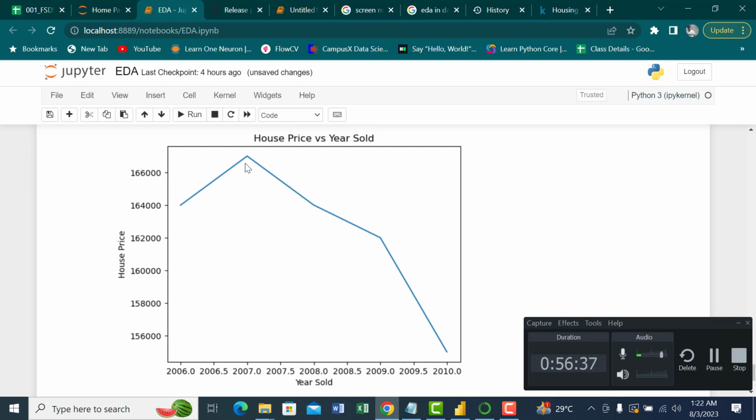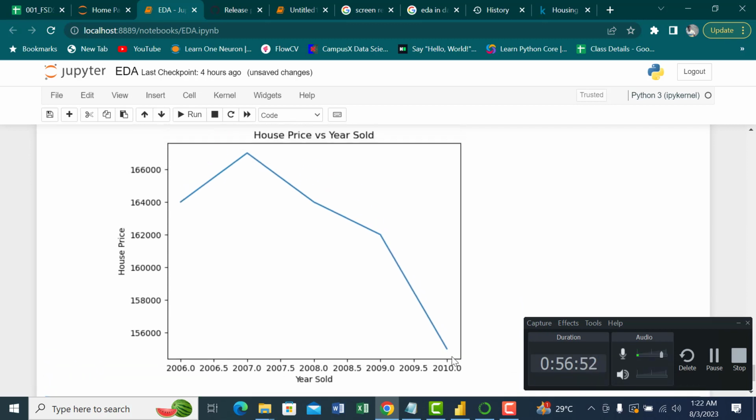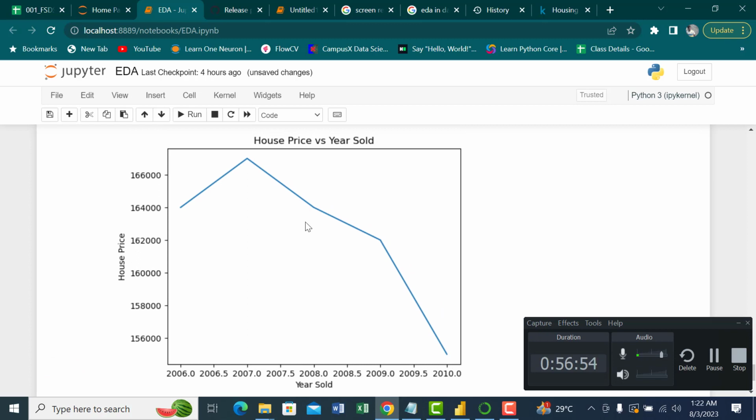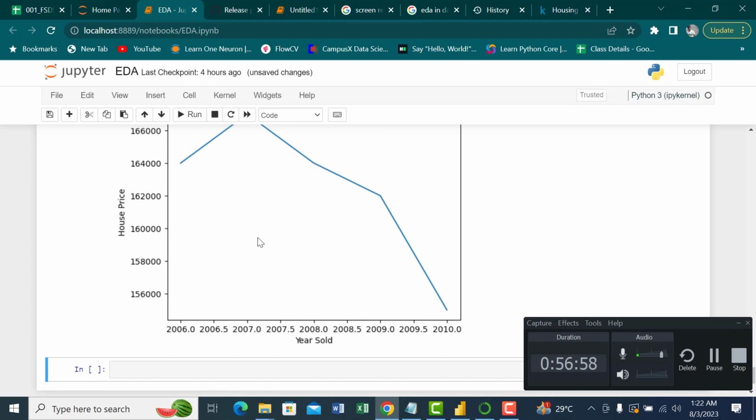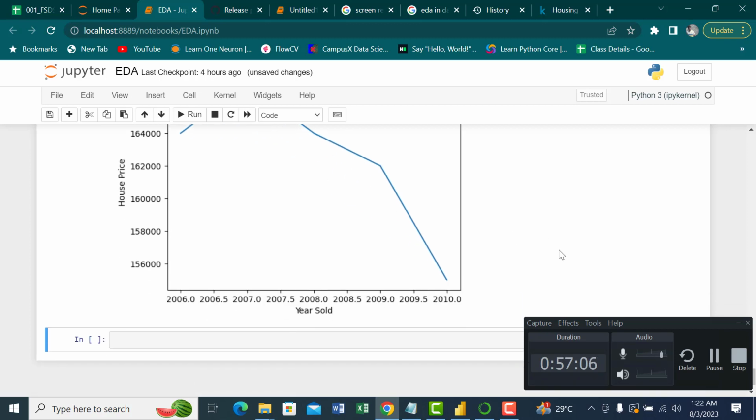2007 तक जो प्राइस था वो बढ़ रहा था, but after 2007 we are seeing that there is a decrease in the price and it is still decreasing till 2010. Anyone remember what happens in 2008? Around 2008 there was a recession in USA. That's why the housing price, you are seeing that it's decreasing after 2007 onwards. Okay,